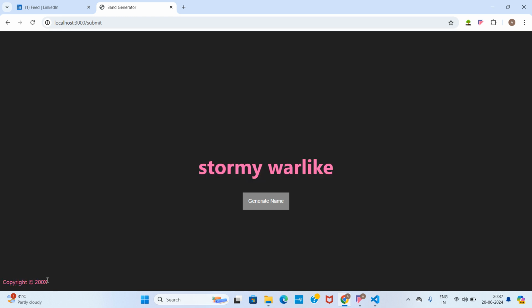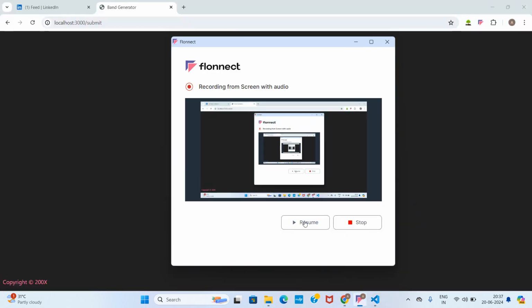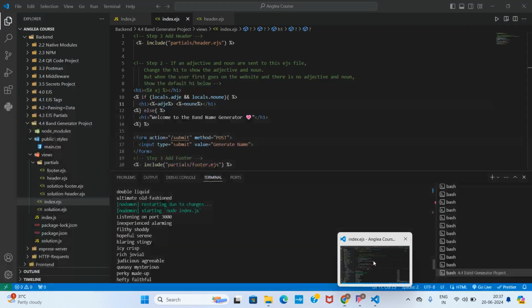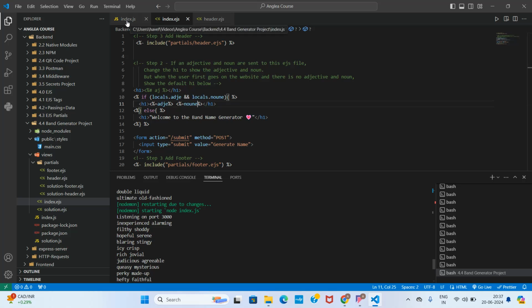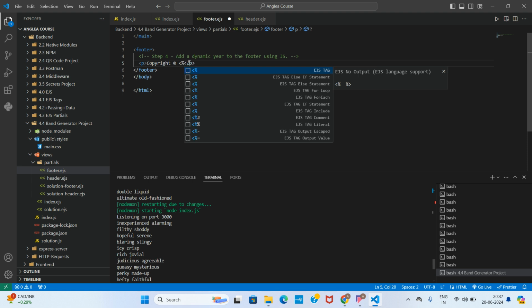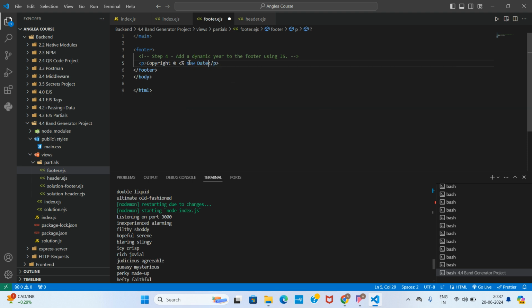And there's an issue as well. We have to change this year to the current year. So let's change the year to the dynamic year. That's in the footer, right? So let's go to the footer, and here you go. We change this to the dynamic one. To do that, new Date, we're going to use the date method to get the full year,